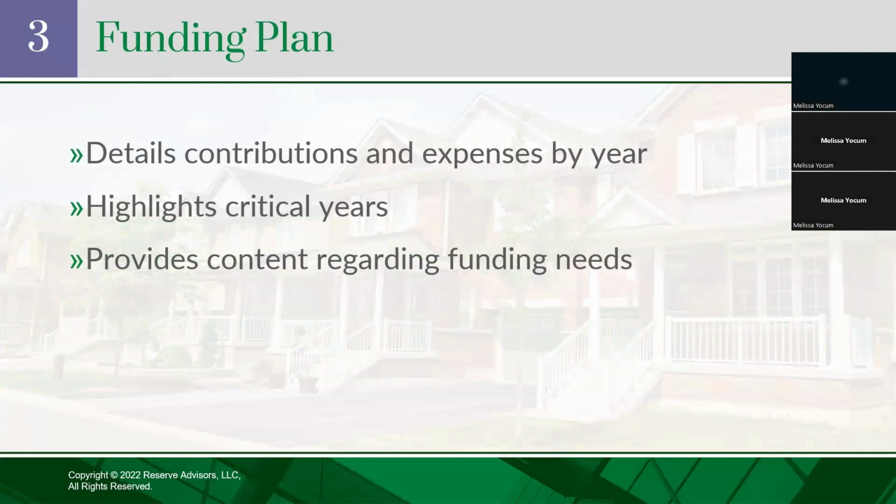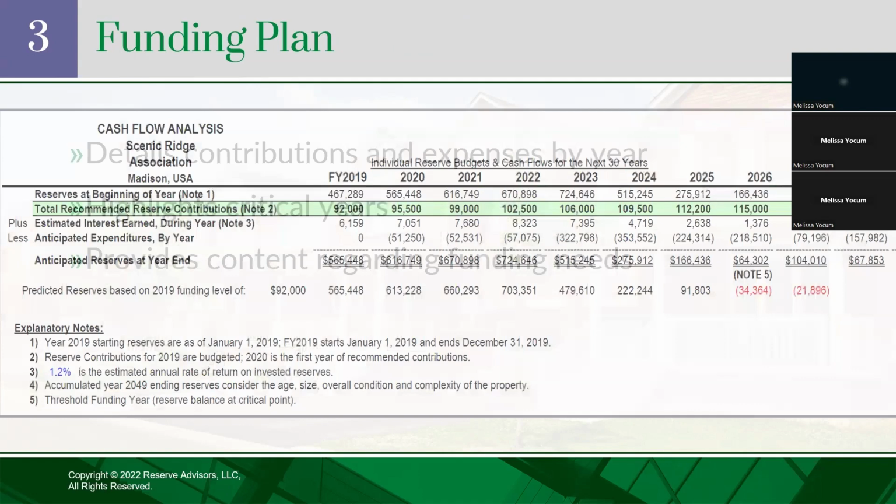So based on that expenditure plan, we're now going to put together a funding recommendation. There are a couple different funding methodologies. Component method does just that, where you're funding for each component individually. That's pretty rare. We see that in Florida more often than in any other area of the country. Almost always in Virginia, we see associations with pooled reserves, or one big reserve account. And so that typically is the cash flow methodology. So that's the methodology we use.